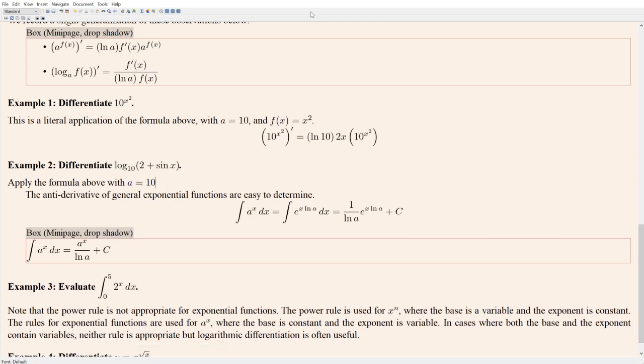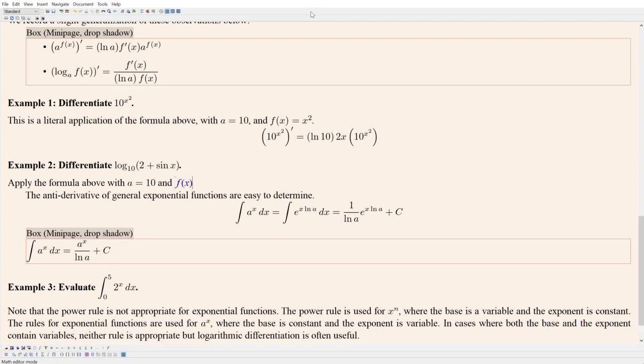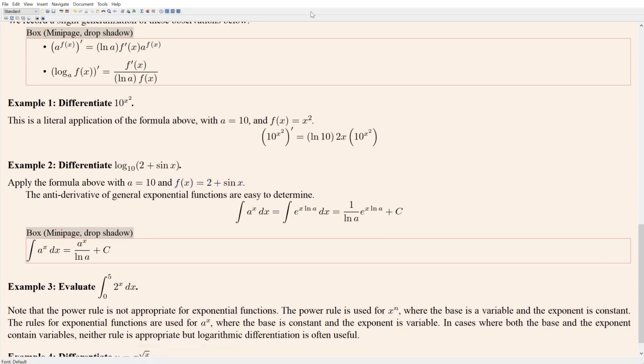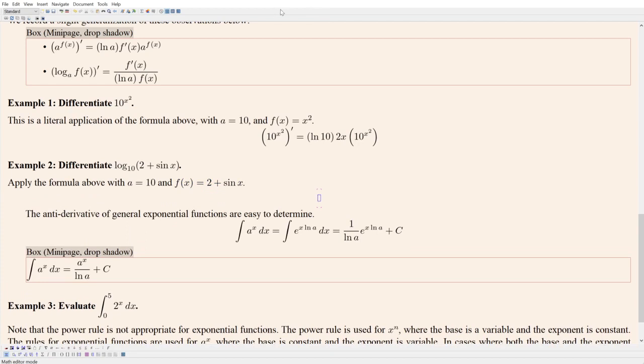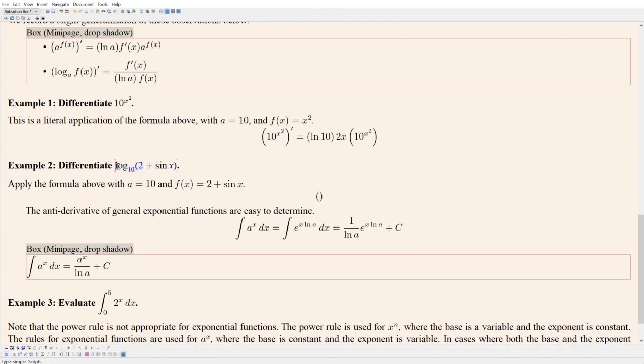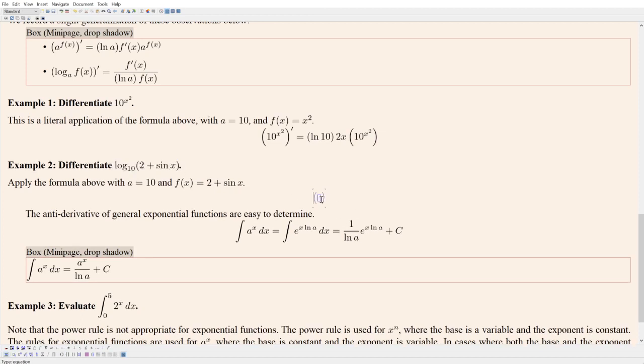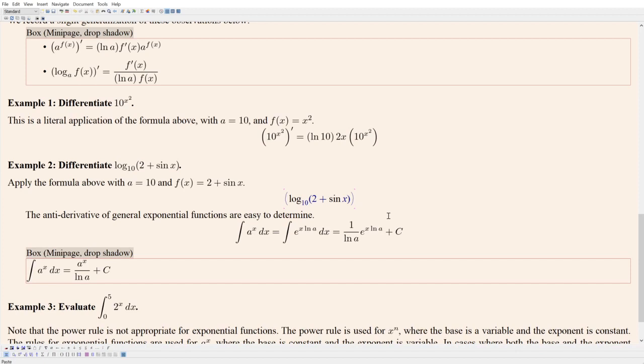So a is equal to 10, and f of x is equal to 2 plus sine x, in this case. So the derivative of this is equal to,